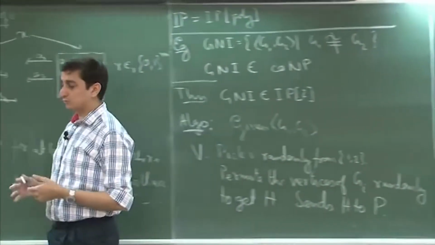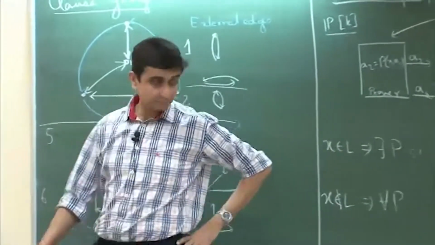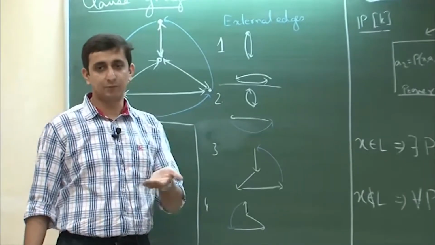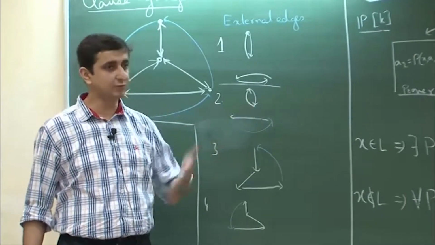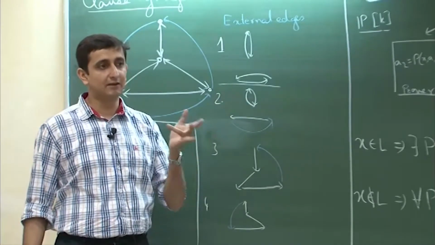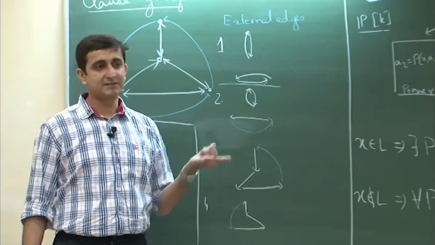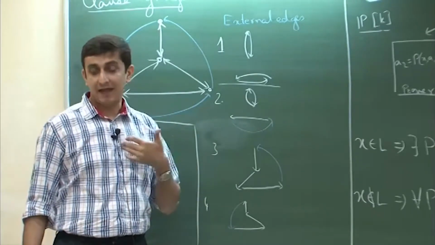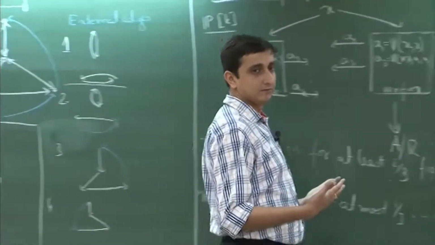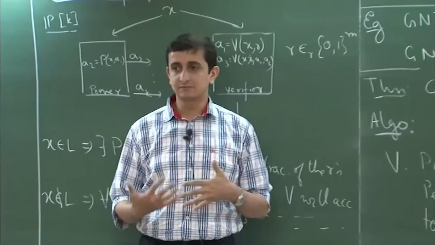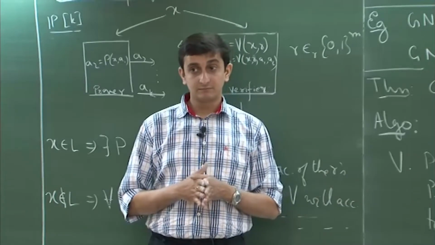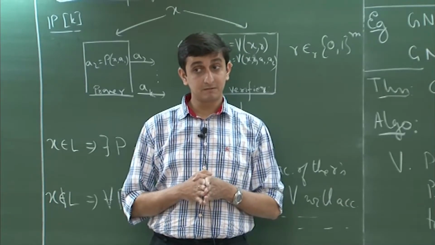So, what is the goal of the prover? Again here we are assuming that let us say I am the verifier and you are the prover. So, you want to convince me that these two graphs are not isomorphic. Okay. So, even if the input is that the two graphs are isomorphic, you can always tell me that no, these two graphs are not isomorphic, and I have no way to find that out because my computational powers are limited. Okay. So, I am handicapped as far as computational powers are concerned. So, I cannot find that out. So, what is this permuting? Which one?